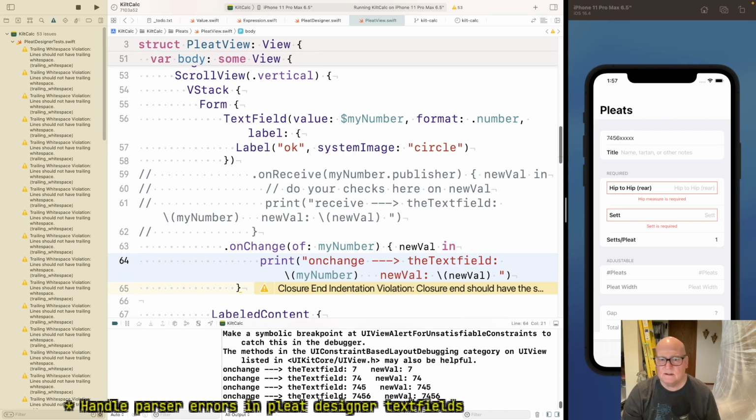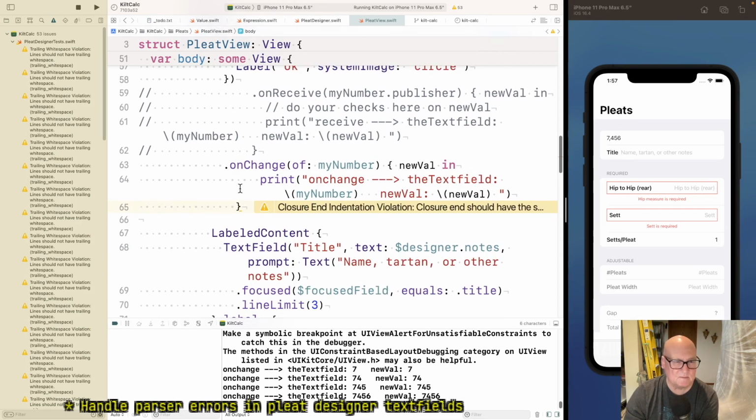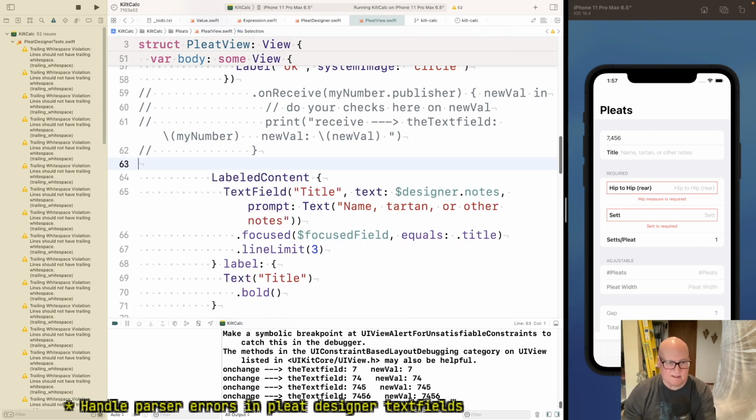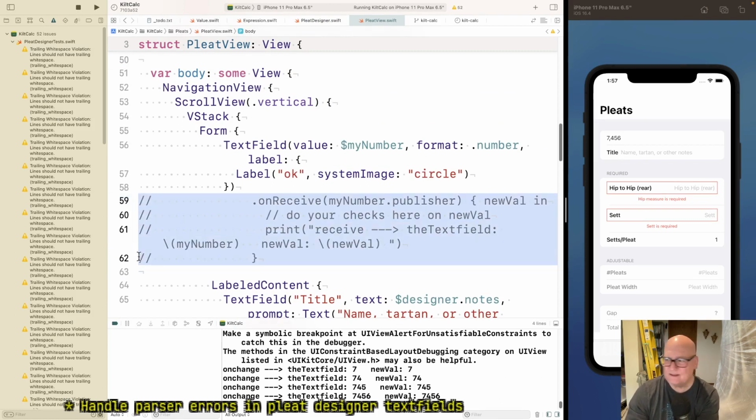Did I already? And stops. Okay, I got commas now. That's that number format. It's nice. All right. So on change is not going to do the job because it's not changing with that. Oh, that's annoying. The one I can make work doesn't work. It doesn't give us what we want. Let's see.